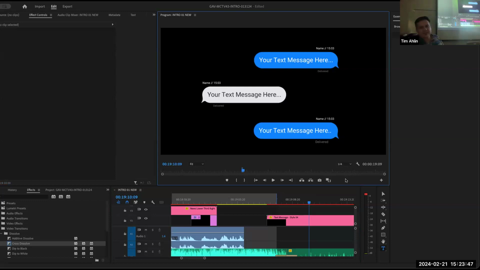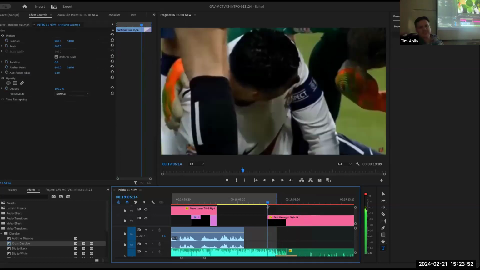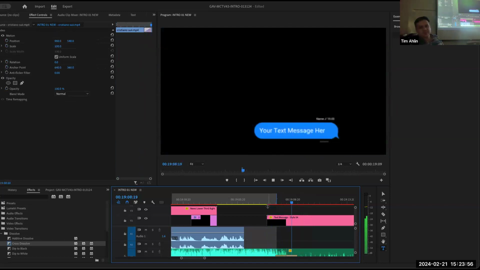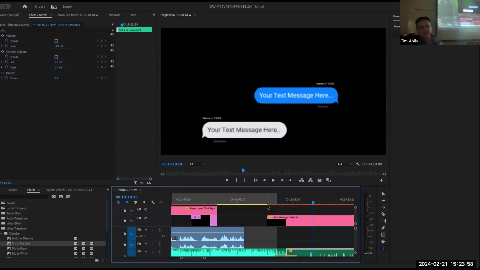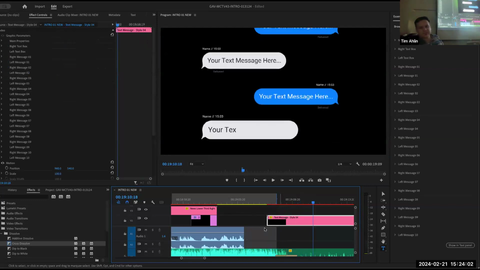Now I quickly want to change this back to quarter because everywhere I scrub, we can see how this text message works. Let's put it over somewhere.